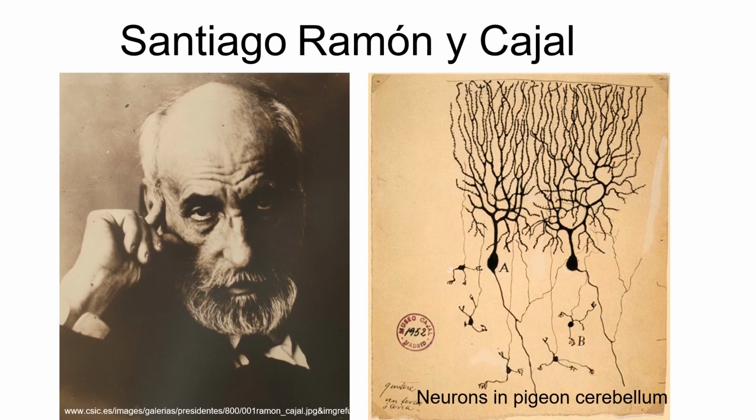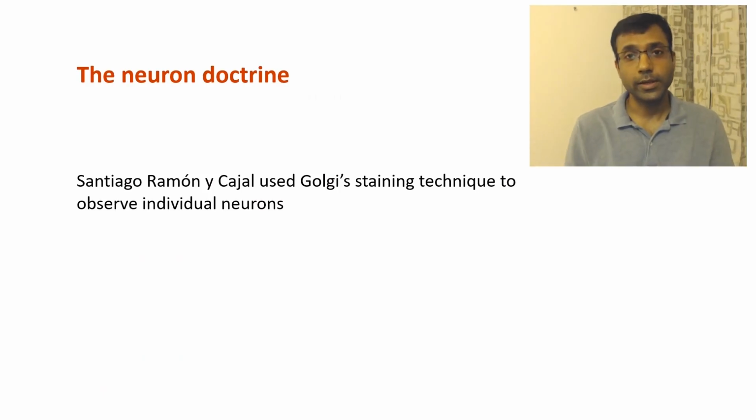And after looking at hundreds of these images, he was finally able to come up with a few insights about the brain. Based on his observations of the brains under the microscope, Cajal found that Golgi's idea that the whole brain is just a single interconnected network without any individual cells was not right. In fact, Cajal was able to see that the brain is composed of separate cells, which we now call neurons. And this idea is now known as the Neuron Doctrine, which really came up after the work of Cajal.